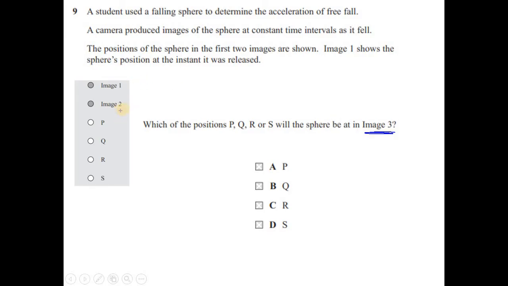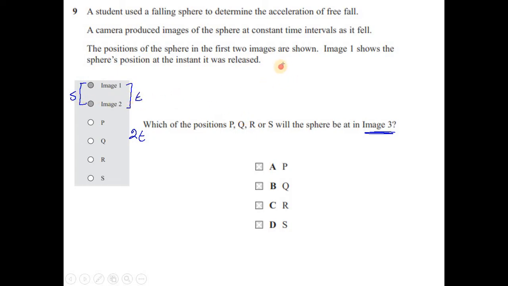So images 1 and 2 are given. We need to find the position of image 3 when the picture is taken. If you see what is going on, we have equal intervals, these dots are equally spaced, and the time between these two images is t, and we need to find the position of the third image. That means the next time will be 2t. So if we assume that this distance is s, and the time taken is t,